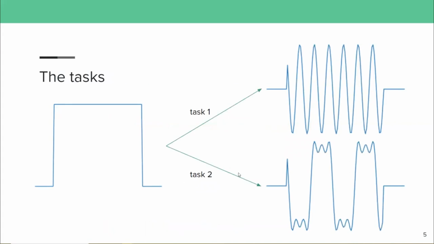The tasks both require the network to generate a periodic function given a constant stimulus, as you can see on the left. The tasks differ in that task 1 is to generate a sine wave with high frequency, and task 2 is to generate an approximation of a square wave with a low frequency. These tasks were chosen in order to establish a distinction in the performance of different time constants, which the following figures will demonstrate.